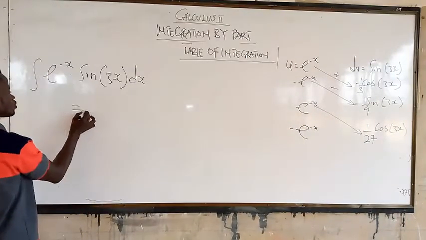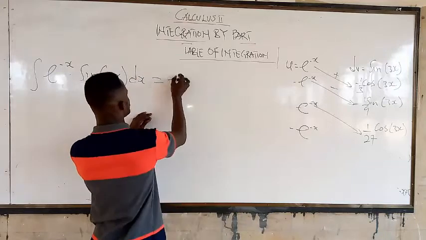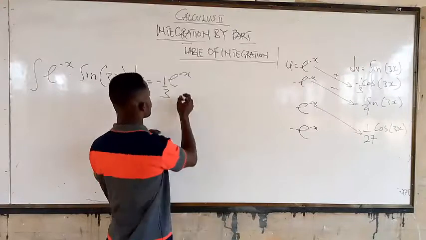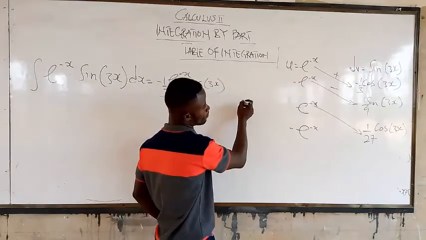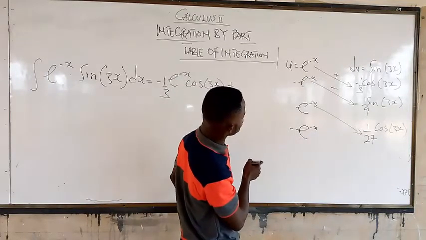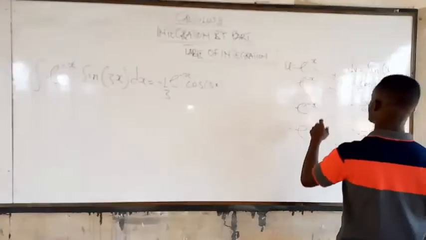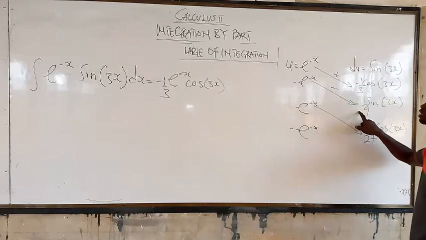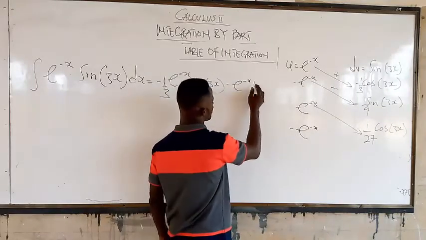Alright. So this is going to be equal to e raised to power negative s, negative 1 over 3 cos 3s. Hope you can see that. Negative 1 over 3 plus, but there is negative here also, so that place will be minus, because we are multiplying this by this. Alright, and we know that here is negative, so negative of this will be positive, but since here is negative, it will be there. So negative e raised to power negative s, 1 over 9